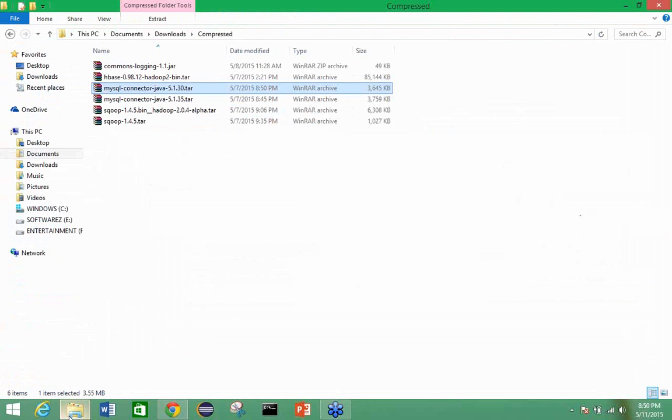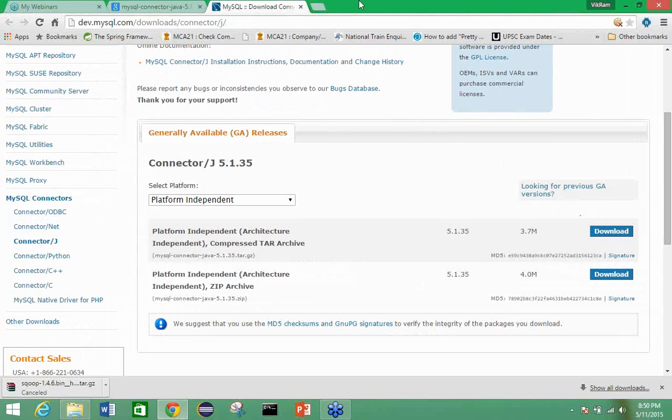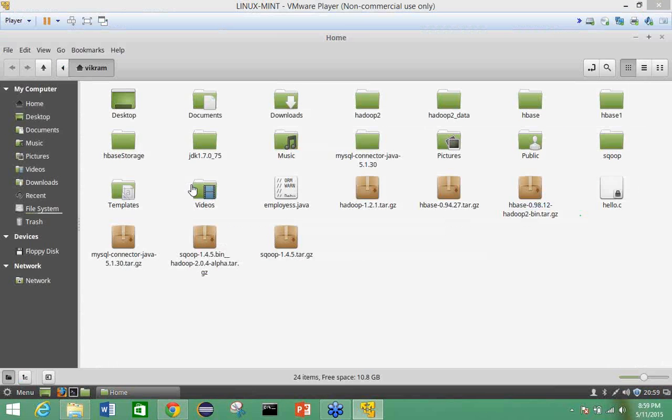Once you download these two, what you have to do? When you download the MySQL connector Java and Sqoop 1.4 for Hadoop 2.0 version alpha, that is because I am also using the Hadoop 2 version, put that into your home directory. Then after that, what you have to do,